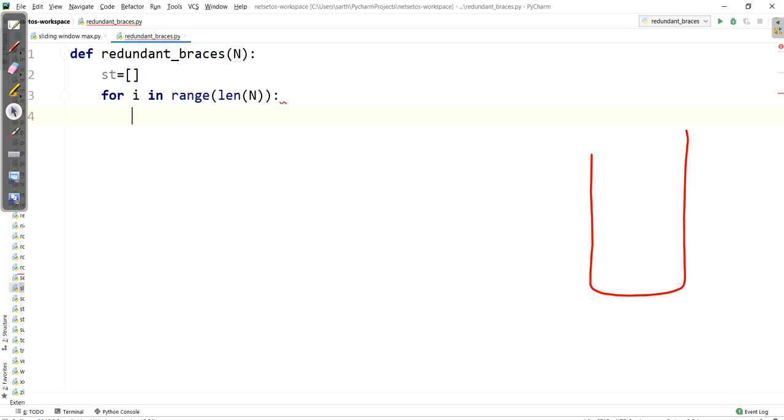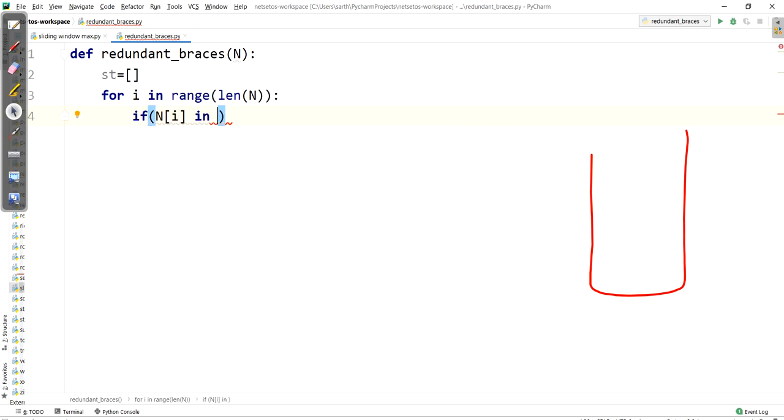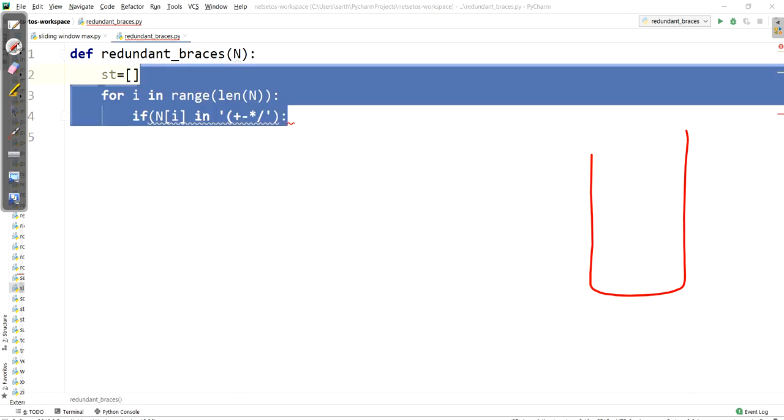Now we need to check each element. So here I'll put if n of i is in opening parenthesis and the logical operators plus, minus, into and division. If it is there, then we will append these elements into the stack.